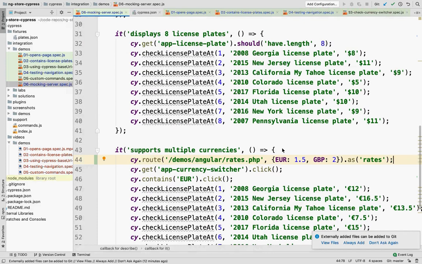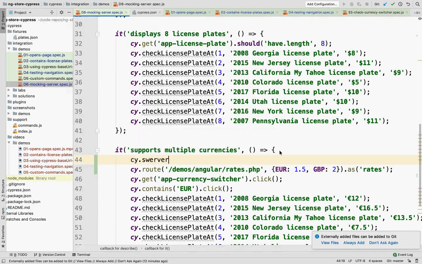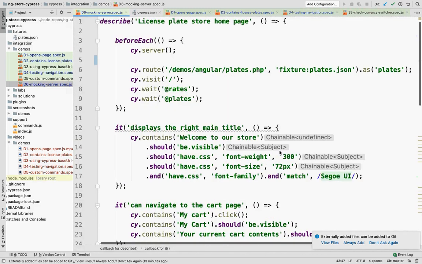You have to have the server thing. Oh, the server could be done here as well, if you were just doing it here and you weren't doing it before. Yeah, it's just that you have to do it once for sure. So before it is just a way to refactor. So instead of having all of these lines of code in every single test, I do it once up here, and I'm good to go.